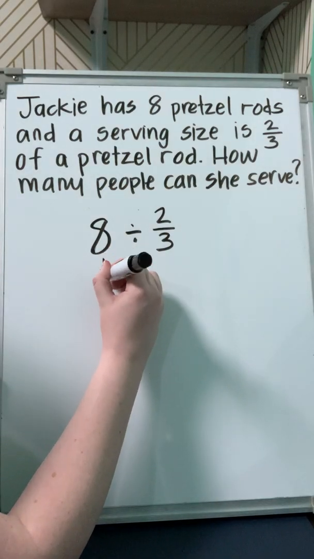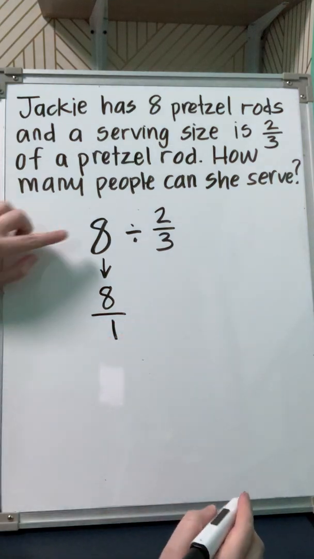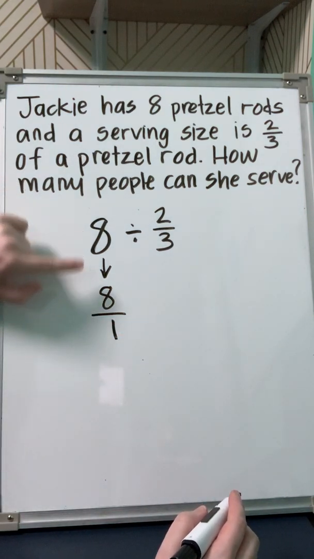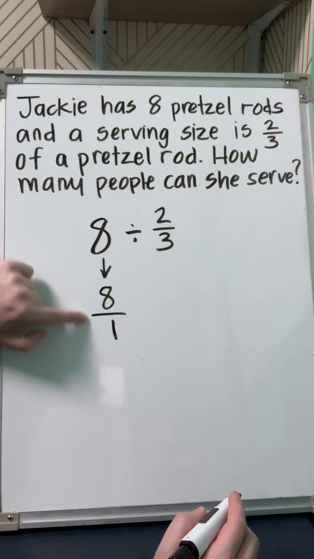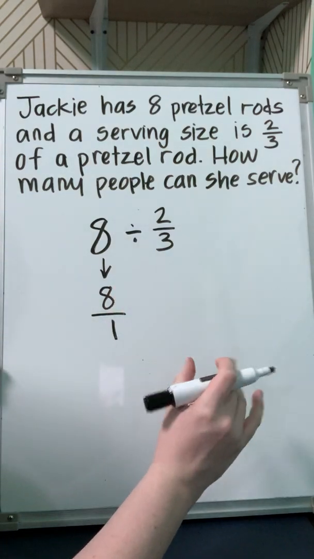But we know when we have a whole number, all we have to do is imagine it as that number over 1, right? Because this is the same. 8 is the same as 8 over 1. So now we have an actual fraction that we can work with, makes it a lot easier. And then we're going to do our keep, change, flip